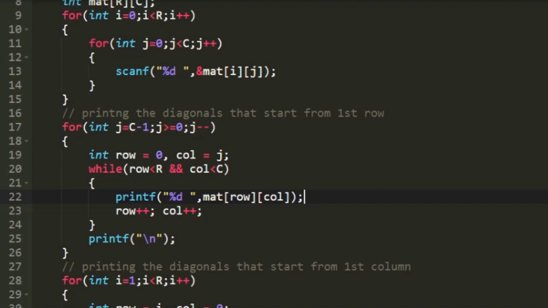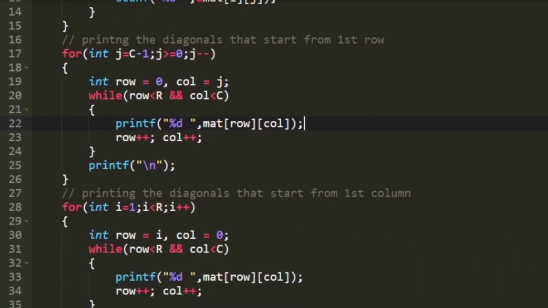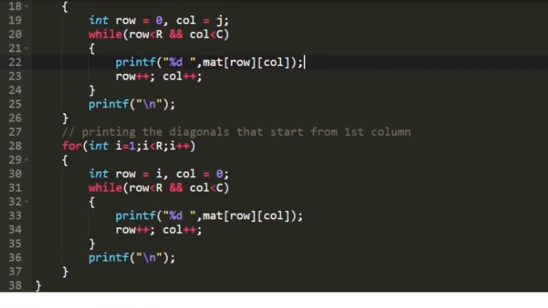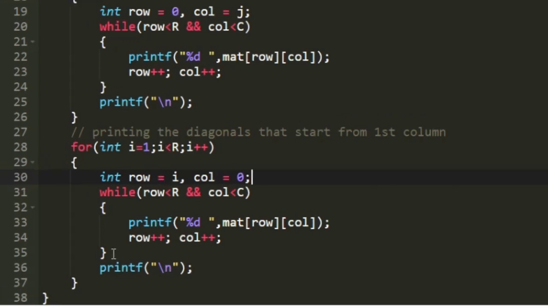After printing the diagonals that are starting from the first row, we have to print the diagonals that start from the first column. So again I am creating a for loop, and here this i loop starts to iterate from 1 because we would have already printed the diagonal that starts from the 0th row. So I am starting the loop from 1 and then iterating till r. Here again as usual I am creating two integer variables named row and column, and now for column I am setting the value to 0 and I am storing the value of i in row, and then I am performing the same operation.